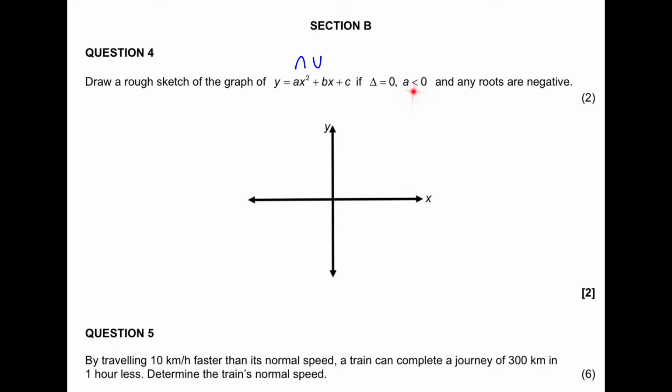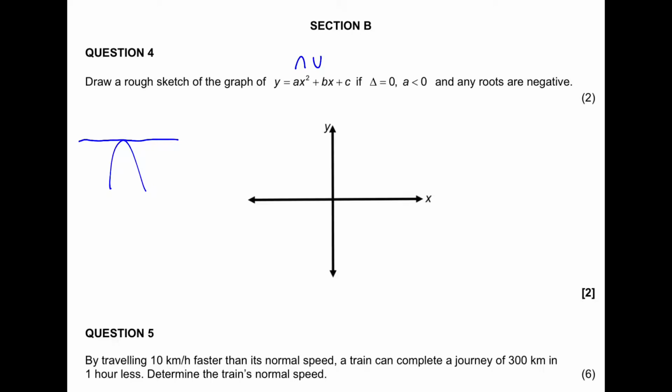This, a is less than 0, they're referring to that a, tells us that the graph is a negative parabola. So in other words, that's the shape that we want. Let's see what we've got so far. We know that the graph needs to be a negative shape. We know that the graph has to turn on the x-axis. And the only way that a negative parabola can turn on the x-axis is if the parabola is